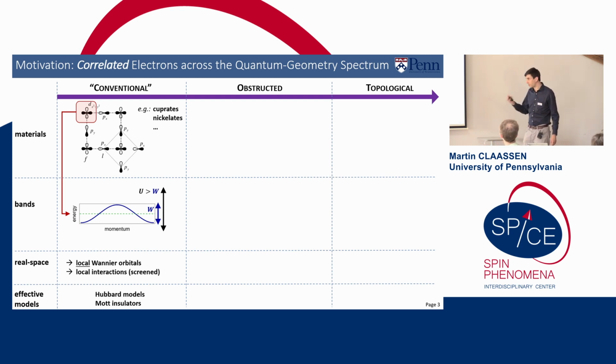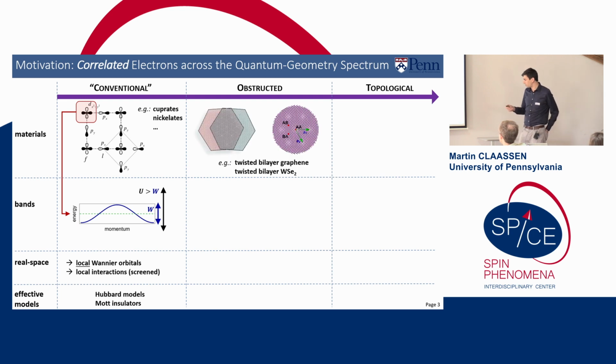So from the perspective of theoretical modeling, there's an analogous real space description of this band picture that's going to be very useful. Namely, we should really be thinking about local Wannier orbitals that are centered on the d orbitals of copper and are almost, but not exclusively, composed of the copper d orbitals. Interactions in such a system are reasonably well screened such that we can focus on local interactions of pairs of electrons in the d orbitals, leading us to Hubbard model physics and Mott insulators.